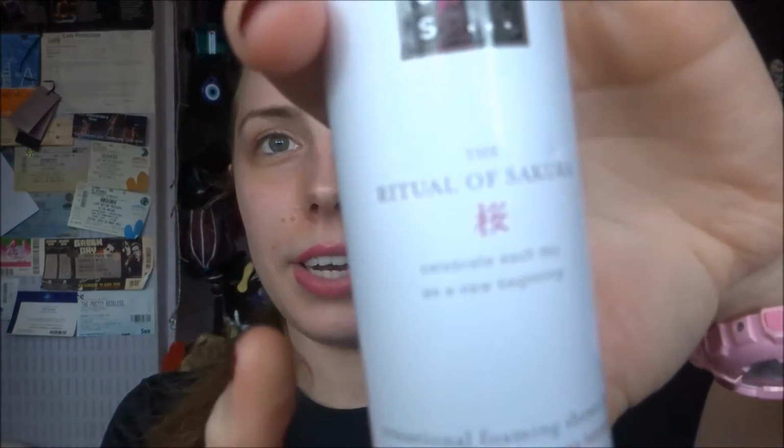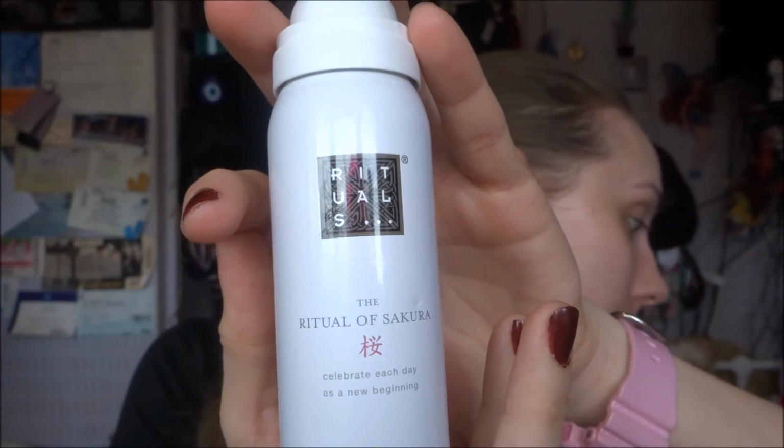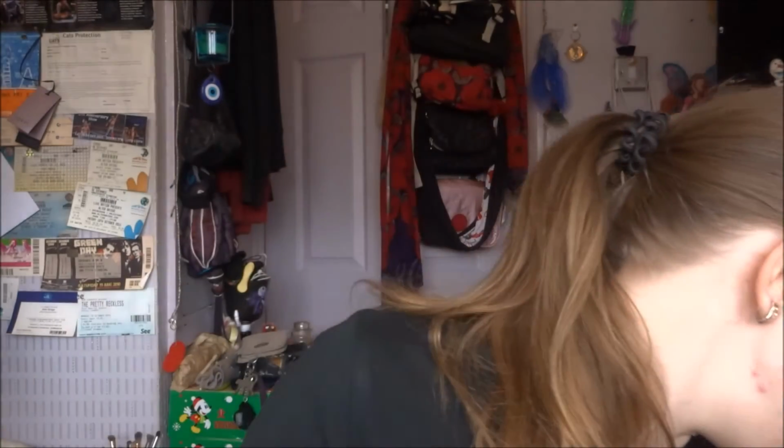This is the product, eventually. Here it is. So it's a Rituals one, and it retails for £4 from £4.50. So maybe this is the full size, but I can't see it being. I would think that it would be bigger. So if I try and get a little...